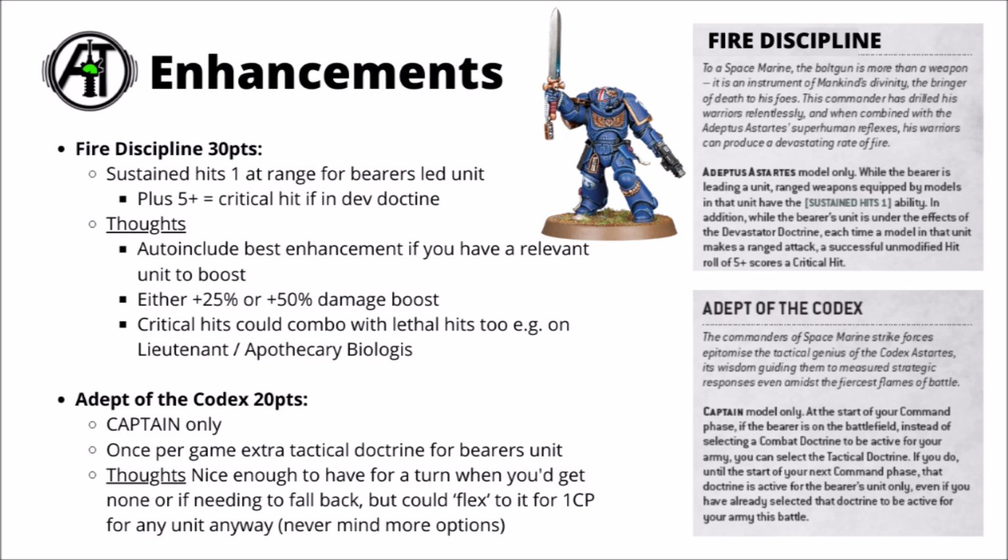For me, I think this one's just perhaps a little bit too niche for 20 points. Sometimes in a game the tactical doctrine might be relevant for the unit in question, sometimes it really might not be relevant whatsoever, particularly if, say, your opponent keeps on falling back from you. So it just maybe feels a bit presumptive to buy it in for 20 points, rather than just have the option of flexing into it for 1 command point, which you could do for any unit anyway and weighed up